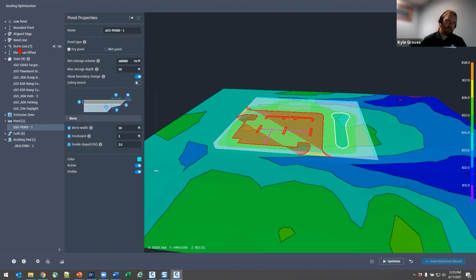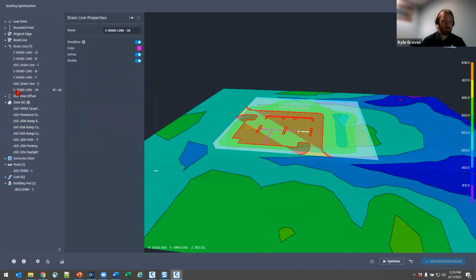And then our drain lines are where they are. It goes through and highlights those. That's all that. For your model settings,